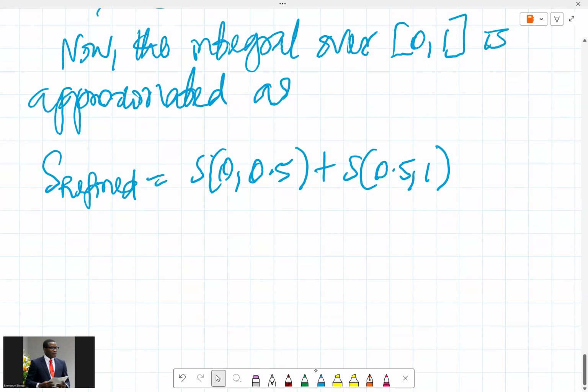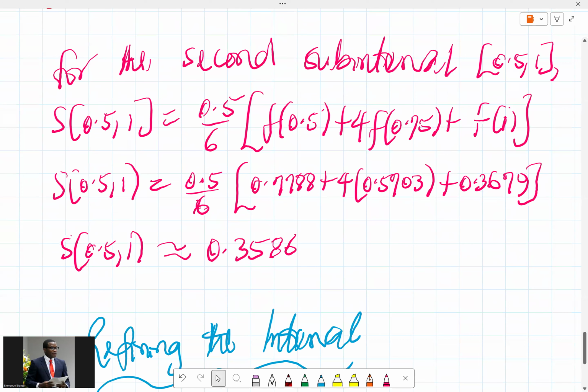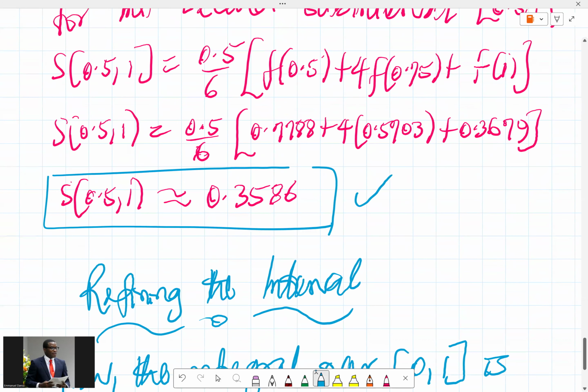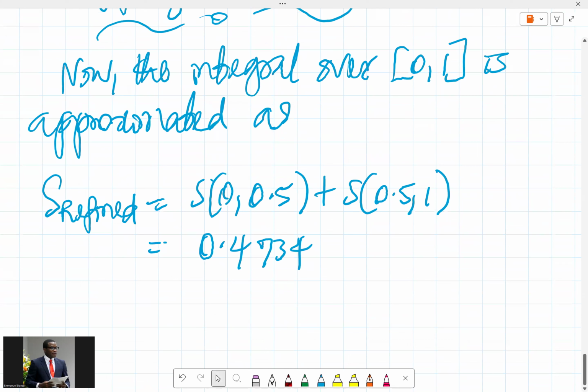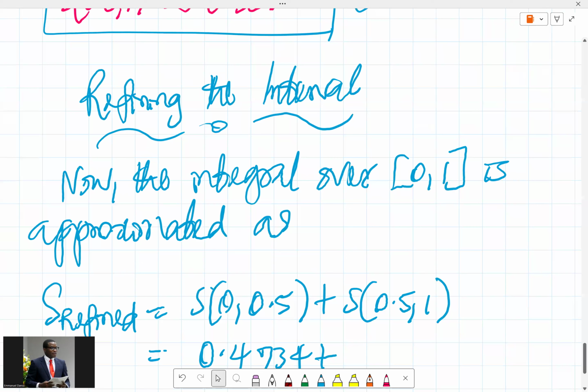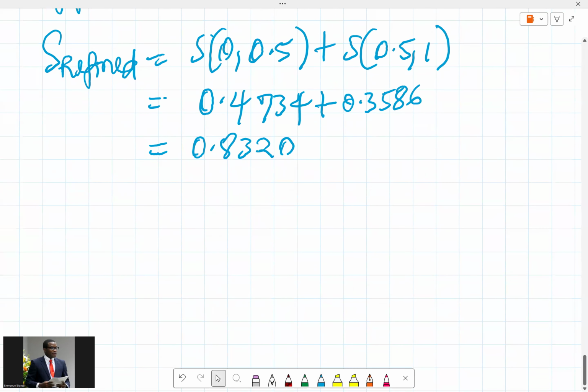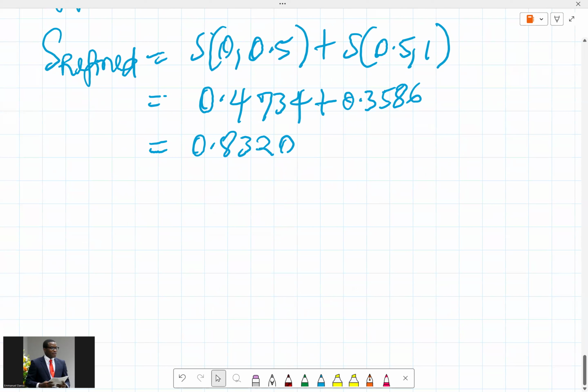And in this case, we now have this to be equal to 0.4734 that we had up there, this 4734, plus the one we just got now, 0.3586, and that is equal to 0.8320. So in this case now, next thing, we have to compare the refined results with the initial coarse